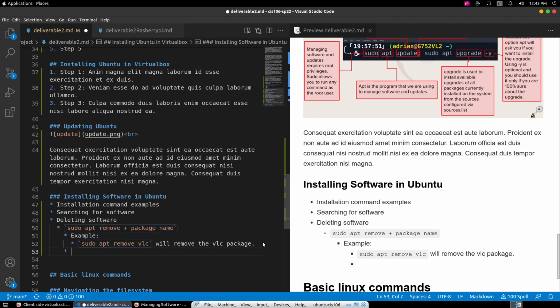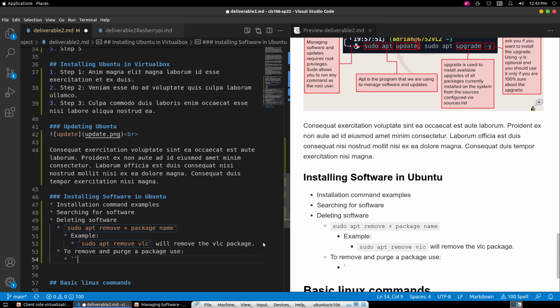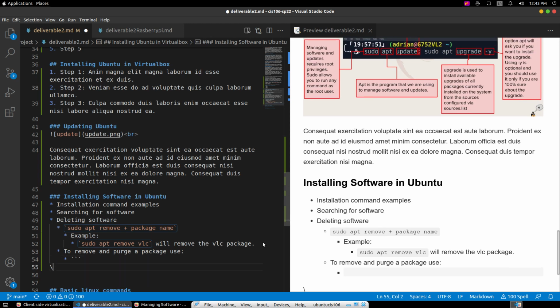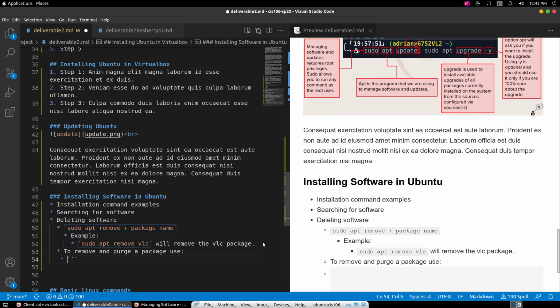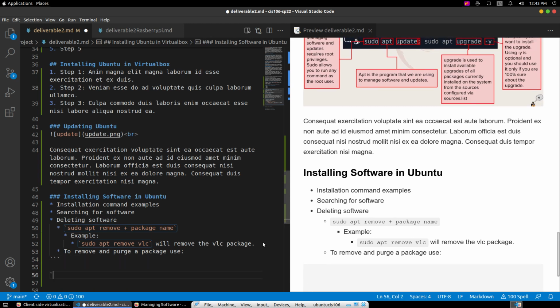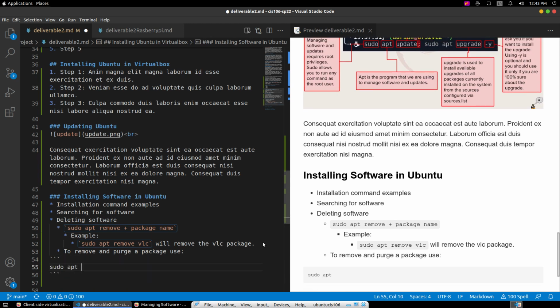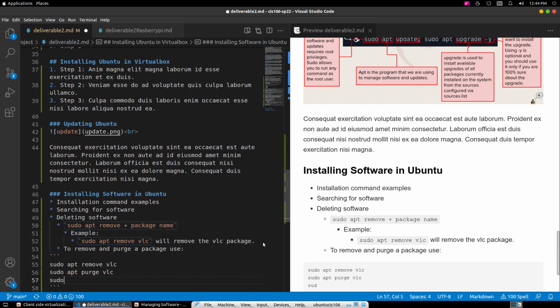Let's say, for example, here, to remove and clean and purge a package, use sudo apt remove VLC, sudo apt purge VLC, sudo apt autoremove,